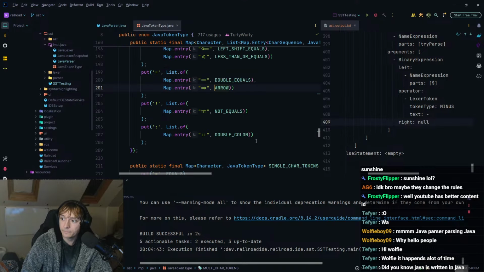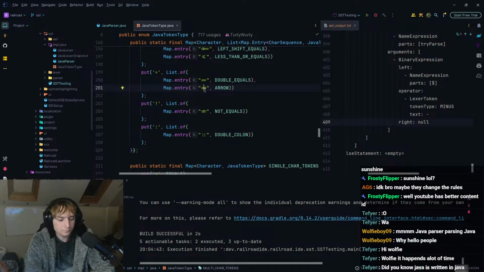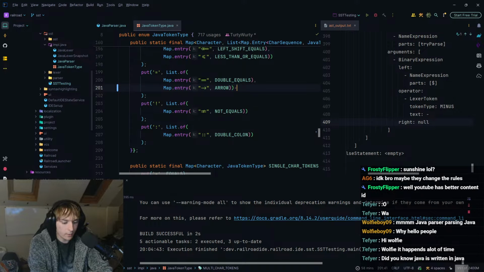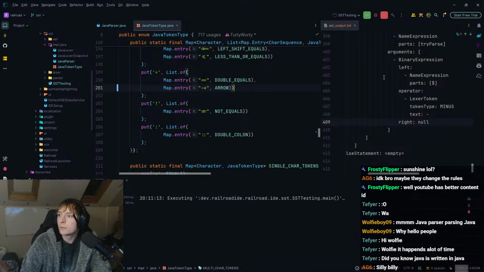And that's why. Because it thinks an arrow is an equals plus a right angle bracket. It's not. That's not even a thing in Java, right? Java doesn't have that. I know it is in JavaScript, but I don't think Java has that. So that's probably why. Can we have a look?